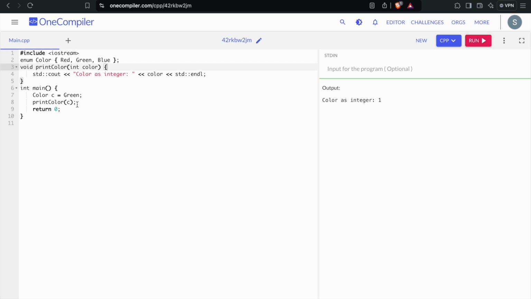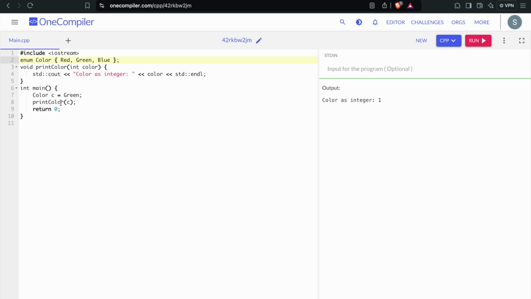As you can see here, the value of C. What happened here is we set color C equal to green, and the value of green is 1, so it's giving us the integer 1. When we pass C, which is the enumeration color, to the print color function